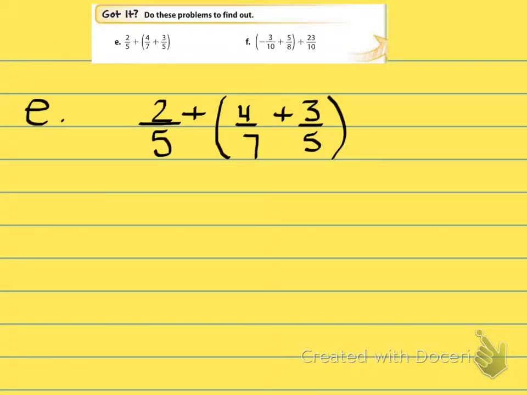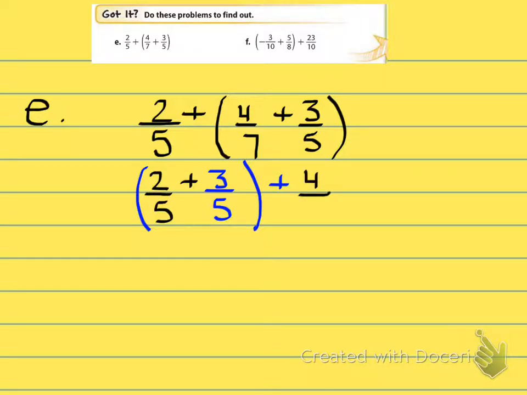All right, so now we're looking at 2/5 plus 4/7 plus 3/5, where 4/7 and 3/5 are grouped together. So we want to regroup those guys. So we're going to leave our 2/5 where it's at, but we're now going to add that to the 3/5. So we're just going to move that guy right over here. And then we're going to regroup. We're going to group those guys together, plus, and now we're going to have our 4/7 that was there all along. So now we're going to look at this and we see 2/5 plus 3/5, and we got lucky again